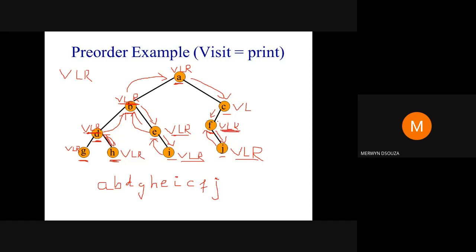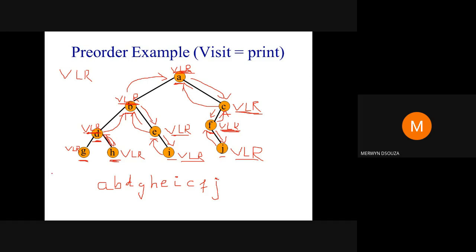Go back. Okay. Go back. Any steps are remaining? Yes. Right step is remaining. But there is no right subtree here. Okay. But you have done all the three steps. So go back. Any steps are remaining? No. Everything is done. And you have reached the root node. So therefore, the pre-order traversal for this tree will be A.